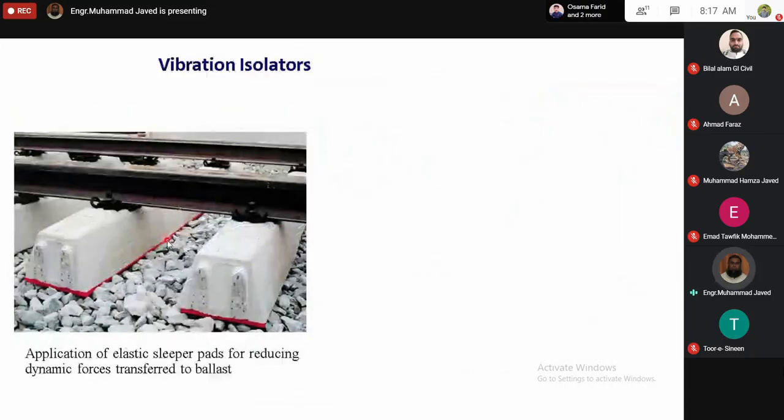Here another example of vibration isolator is shown. You can see this red color. This is basically a special type of rubber which is used in below the railway sleepers in Germany. The properties of this material is such that it reduces the dynamic forces transmitted